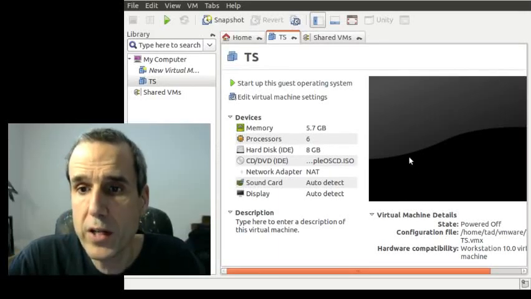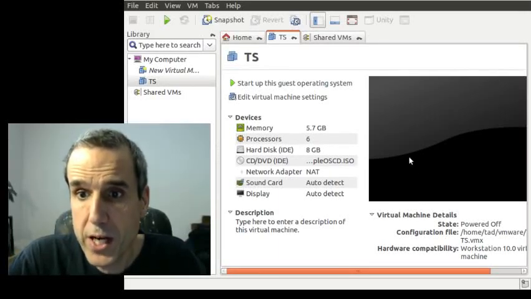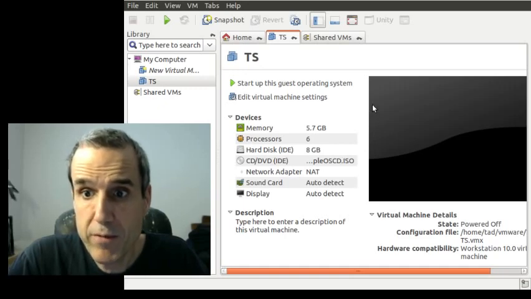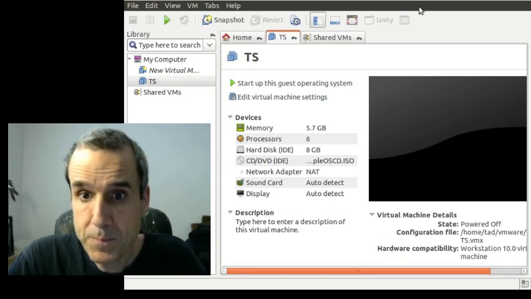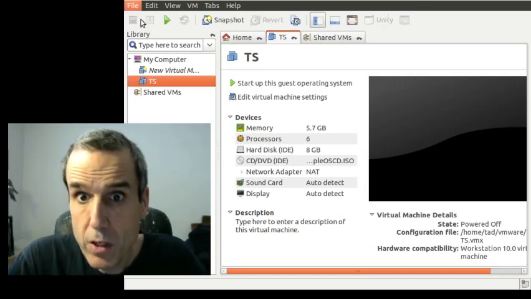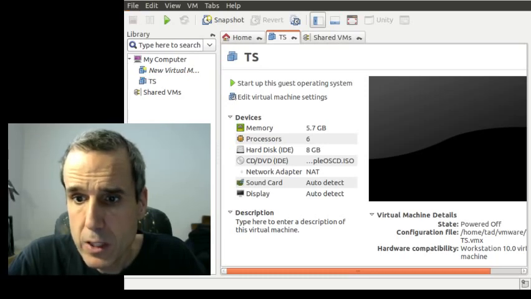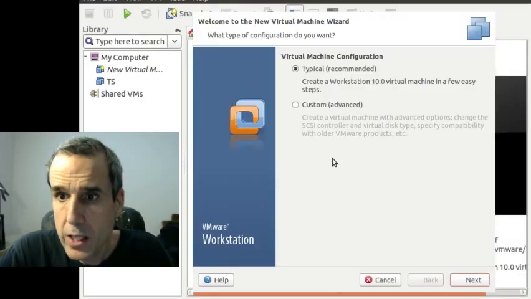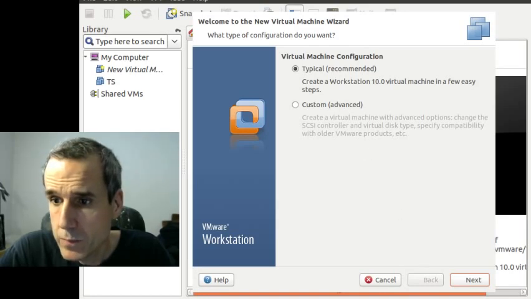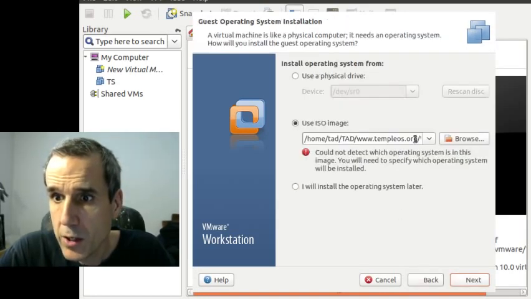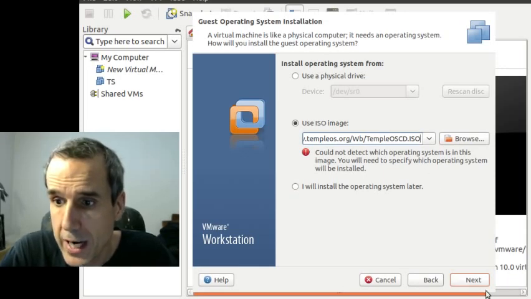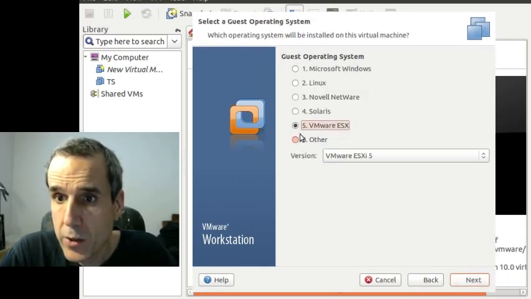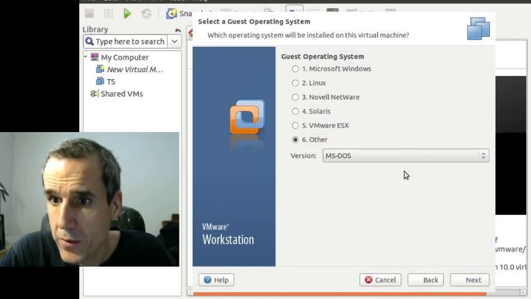Okay, we're going to go over installing TempleOS into VMware Workstation, which is the $250 upgrade from VMware Player, which is free. So you do new virtual machine, and then you do typical. You enter the file you download from my website, TempleOS4, into the ISO image, and you do other, and other 64-bit,